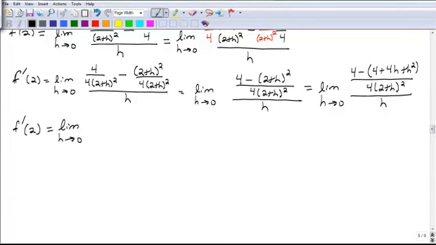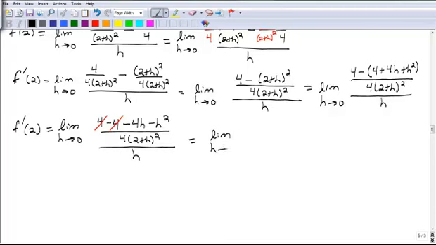This is the limit as h goes to 0. I'm going to distribute that negative sign inside there. 4 minus 4 minus 4h minus h squared over 4 times 2 plus h squared all over h. And you notice that plus 4 and minus 4 will add to 0. So I'm getting a little closer. This is the limit as h goes to 0 of minus 4h minus h squared over 4 times 2 plus h squared over h. Doesn't quite look like I can cancel that h yet, but